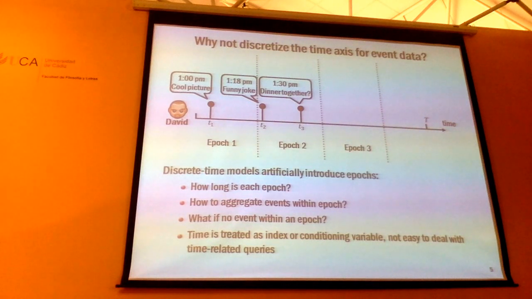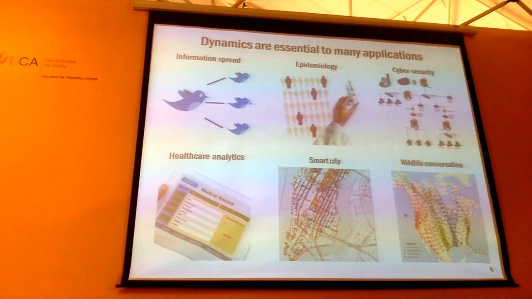Okay, so essentially, if you consider all these drawbacks of traditional time series models, you'll find that it is actually not a good idea to discretize the time into epochs and then just use a traditional time series model. You need a new language to model this type of data. So that's exactly the framework I'm going to teach you today. This is the example in social network, but you find this type of temporal dynamic data or event data in many different types of applications.